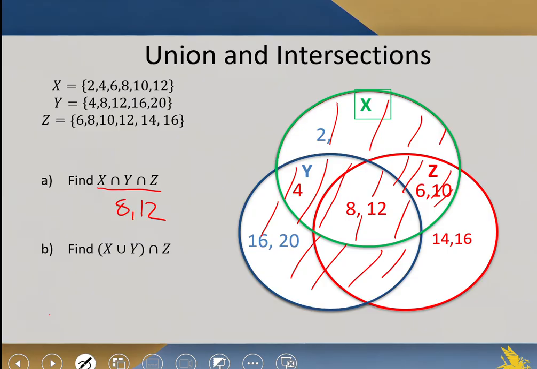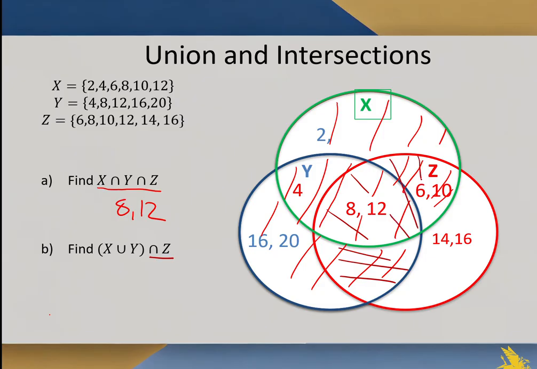Because it must be part of Z. So straight away, I can see this part does. I've got nothing here. This part is part of Z, and this part here. So that gives me 4 numbers: 6, 8, 10, and